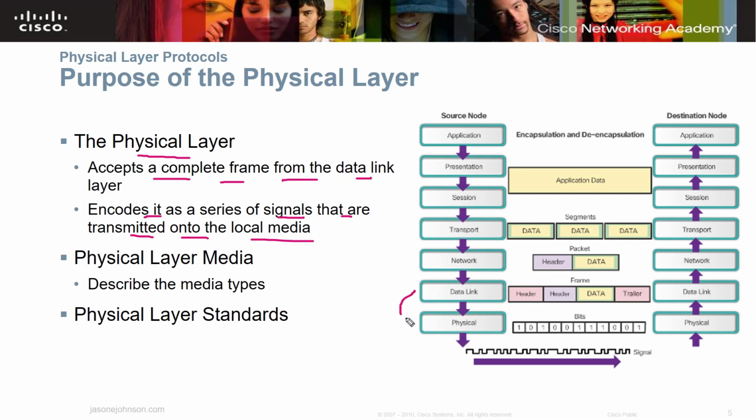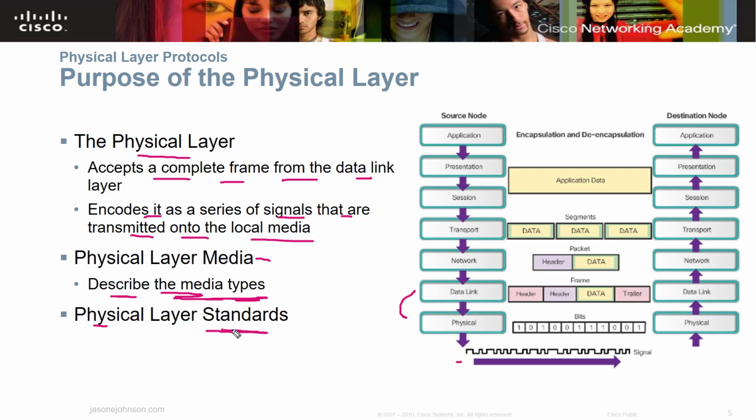So it encapsulates it and sends it down, and this is a signal here, and it's going to do ones and zeros. It has a kind of cutoff line here, and after that signal drops below a certain point, it's considered off. So the signal strength goes up and down, and then it goes to the physical layer media. You can describe the physical layer media types here: you can have Ethernet, which is your copper. You can have fiber optics, which is light emitting, or you can have Bluetooth transmission. You can have wireless transmission through Wi-Fi, and there are a few other ones too, and you can look those up in your reading for Chapter 4 in the Netacad course.